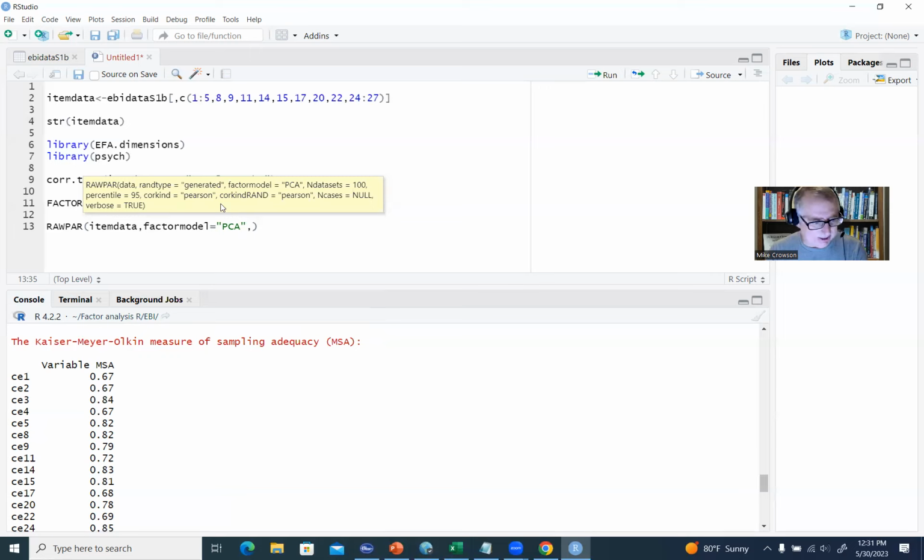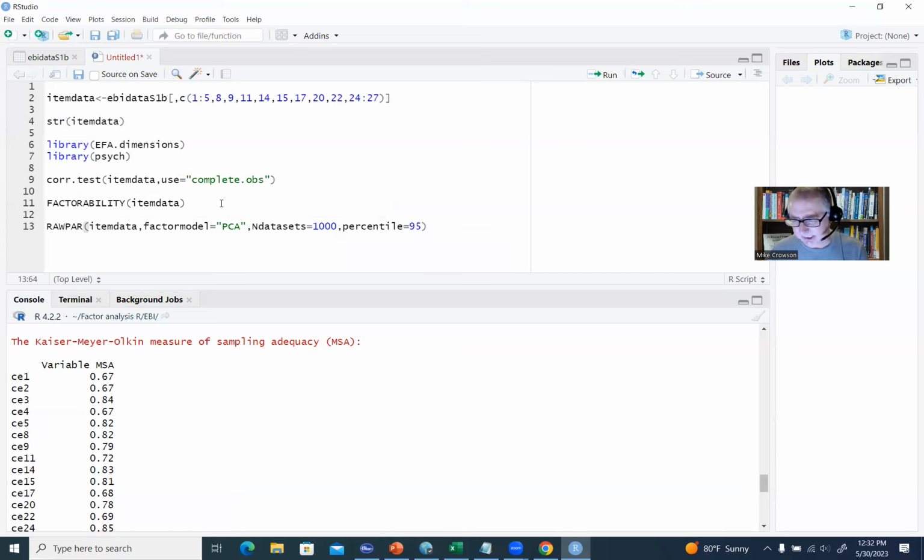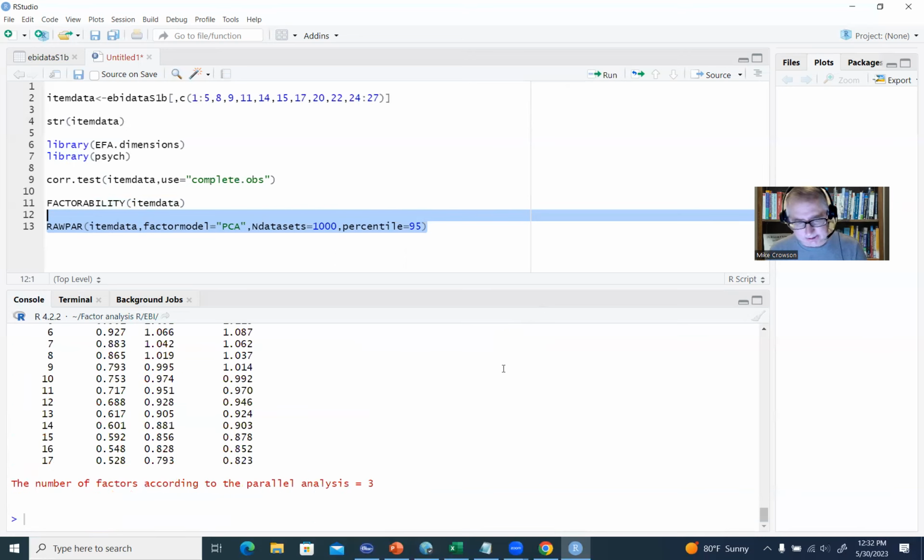So we'll type a comma, then n dot datasets, with the N in caps, and set that equal to 1000. So we're going to generate 1000 sets of simulated or random eigenvalues. We're also going to use the percentile argument right here and set this equal to 95. So there you go. If I highlight this and click on run, it takes a few seconds, but then it